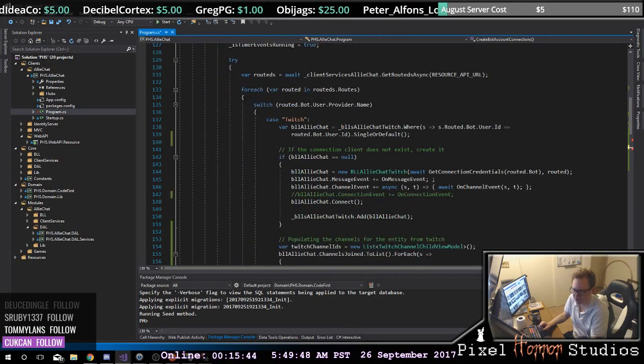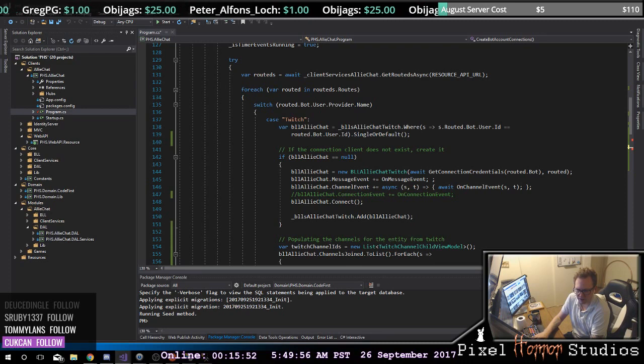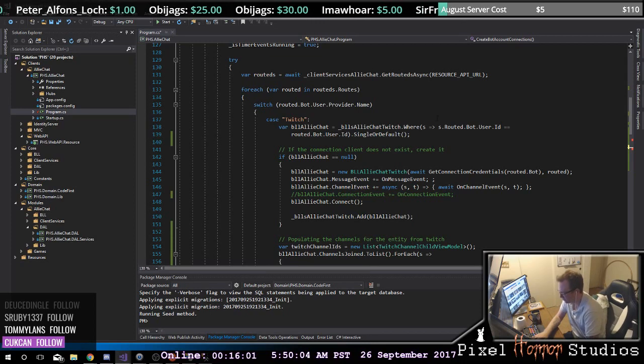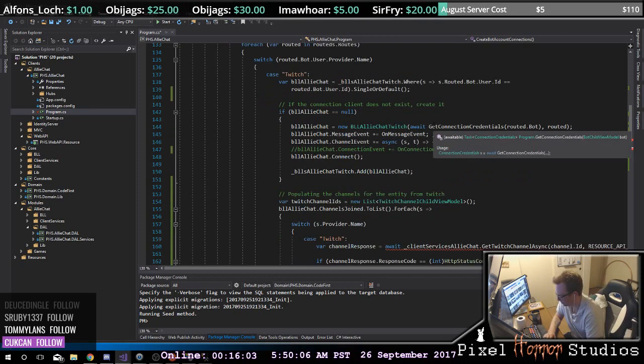But if you look in this, do you also have client services in this? It doesn't look like it. It does not look like it. So client services does go here. So for each one of these,